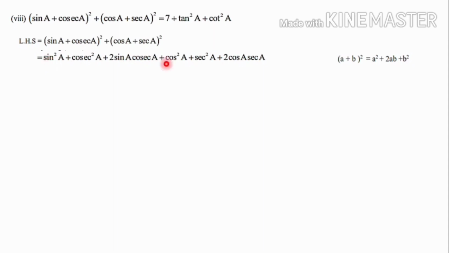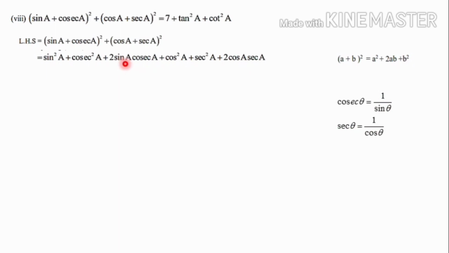Then sin square A and cos square A, we can group it together because sin square A plus cos square A is 1. Again here cosec square A is there, sec square A is there, balance 1. So cosec square A and sec square A we can group it together. Then we can later on change to tan and cot because our answer we need in tan and cot. So here the formulas we are going to use is reciprocal ratio. Cosec theta is 1 by sin theta and sec theta is 1 by cos theta.